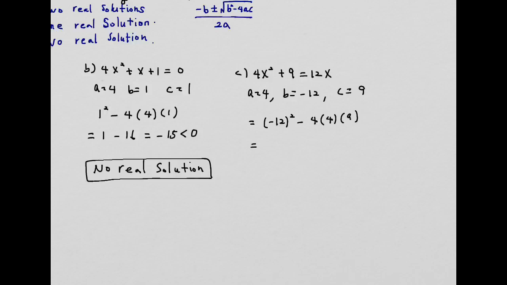So this gives you 144 minus 4 times 9 times 4, which is another 144, which gives you 0. So because it is equal to 0, you have